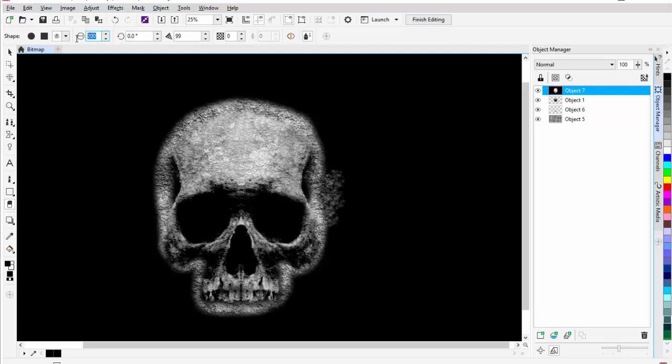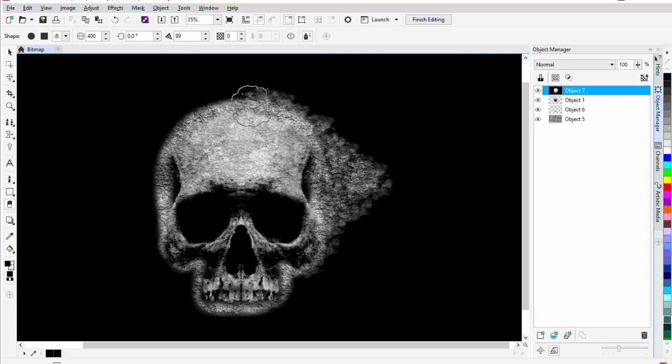I'm going to change this to say 400. I'd like it to be a little bit bigger to start with. And I can come through here and tap there, and you can make any shape you want. I'm going to work with a little bit of a different shape here. I'm going to come out to the sides a little bit and then kind of arch into the top of the skull with the effect that I'm creating here. And I'm just tapping with my mouse button, and I'll come right across the top of the skull here,